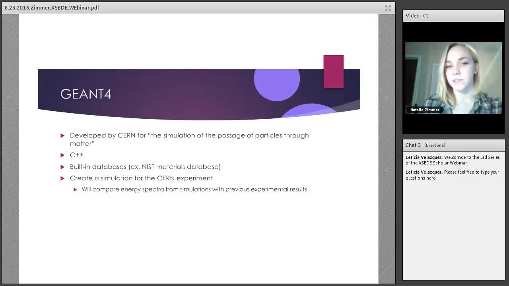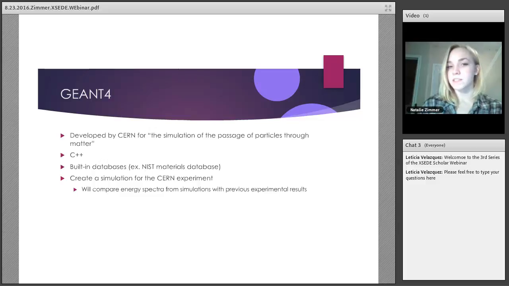So, everything goes mostly in the forward direction. And like I said, transition radiation also goes in the very forward direction. So that's useful here. And transition radiation is actually the only way to identify between high energy protons, pions, and